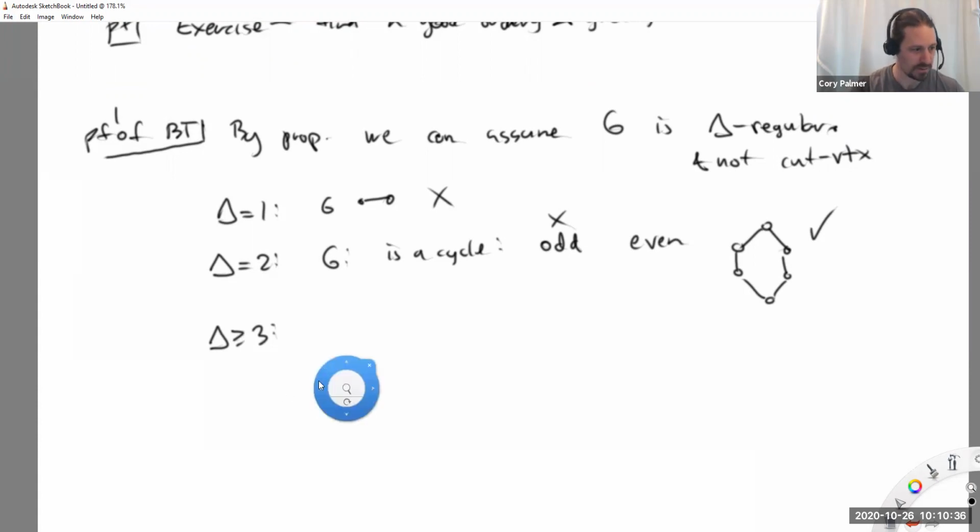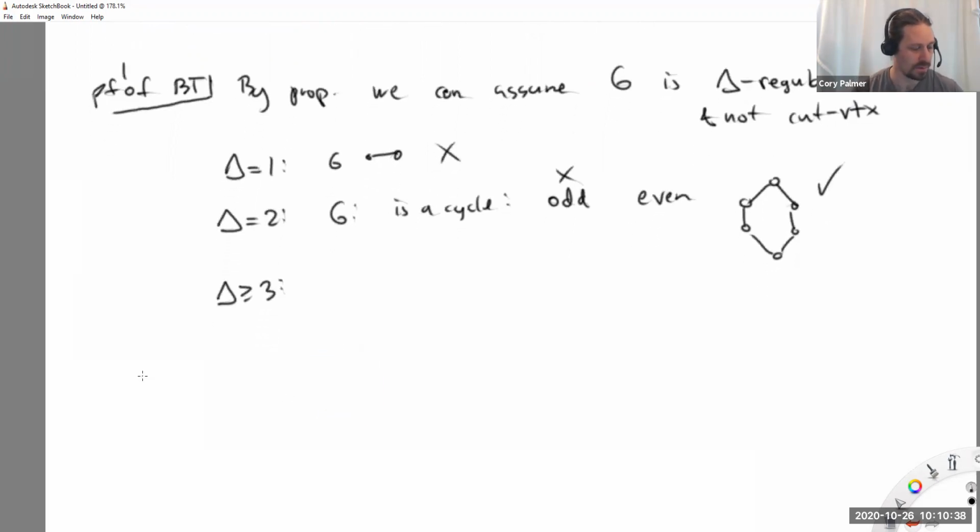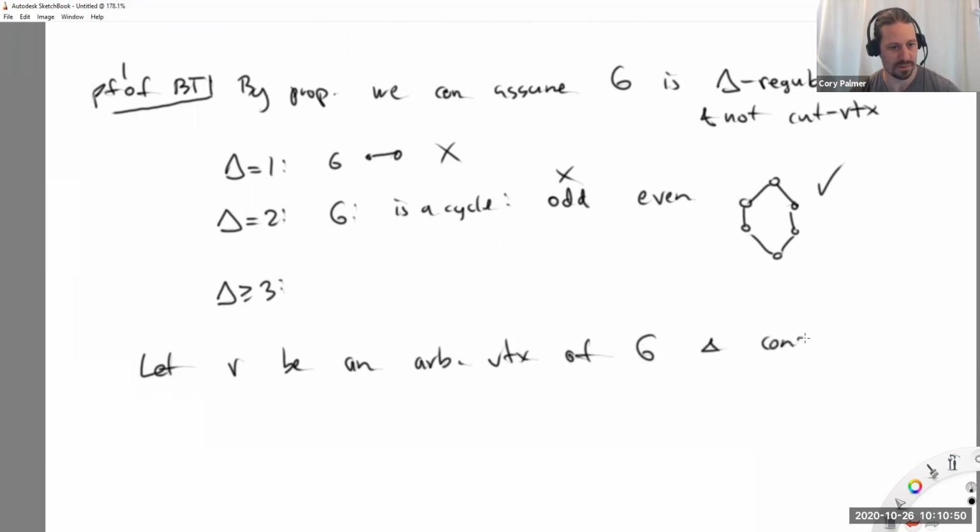Okay, so now let V be an arbitrary vertex of G, and consider the graph G minus a vertex V. So pull that vertex off. This graph is delta colorable by the proposition,